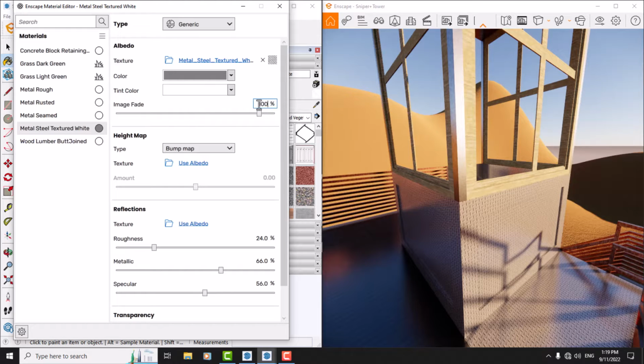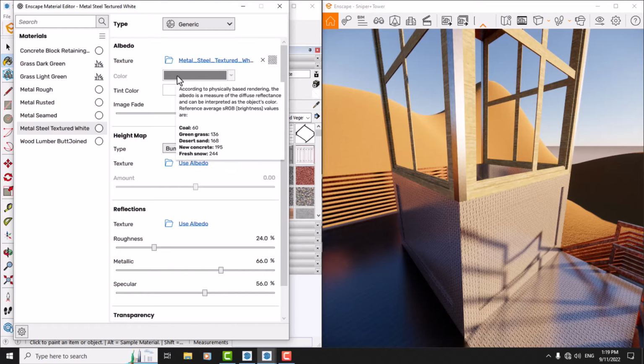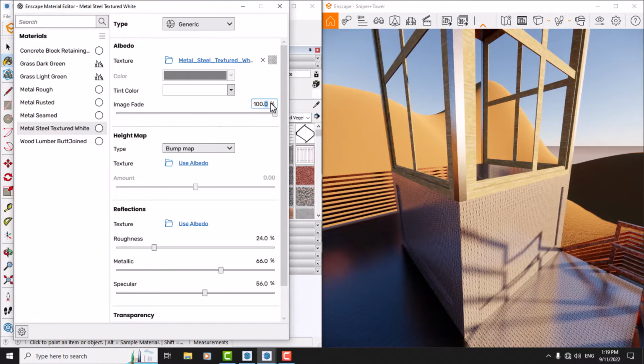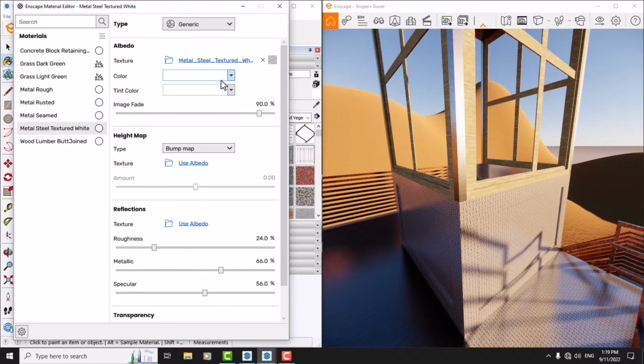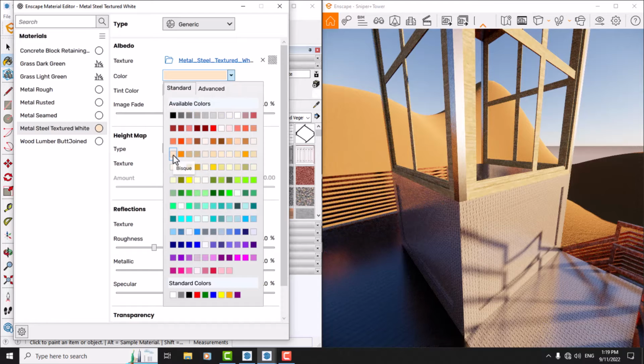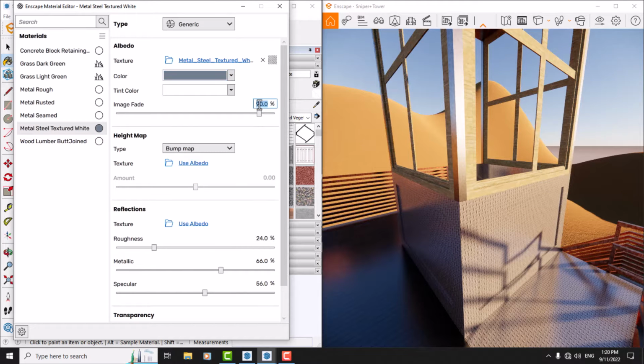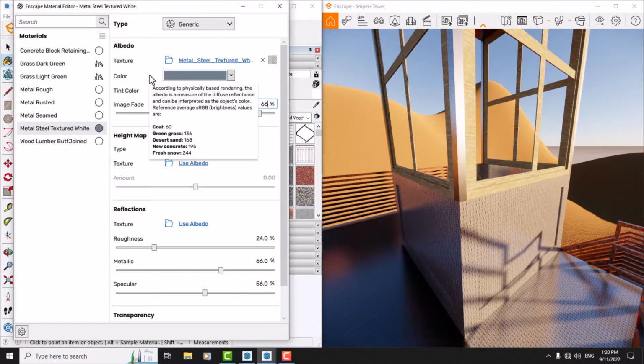When image fade is at 100, you can see that your material completely has the displacement, but you can't change the color. Besides that, you must reduce it to 90, and now you can change your color, for example from gray to white, or other colors like bisque or cream, or colors like slate gray. And I reduced image fade to feel my color much better. For example, 36,